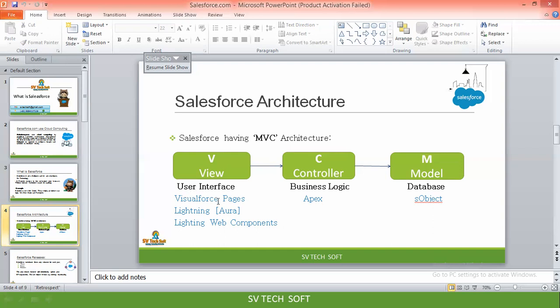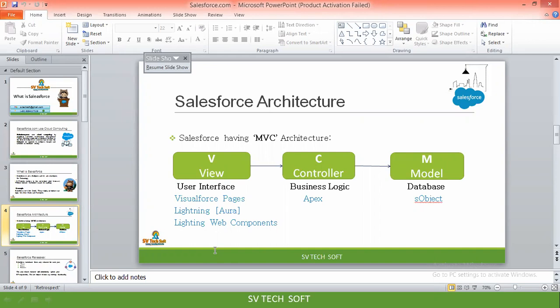Usually we use Visualforce page, Lightning or Lightning web component especially to design the user interface. But for each and every requirement, no need to go with Visualforce page or Lightning web component. Everything we can achieve through point and click. But for any specific complex requirement we may not achieve through point and click, that time only we have to go with this particular language. Otherwise, no need to go with that.